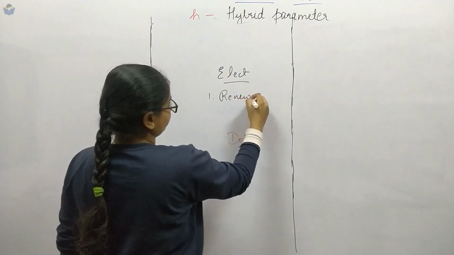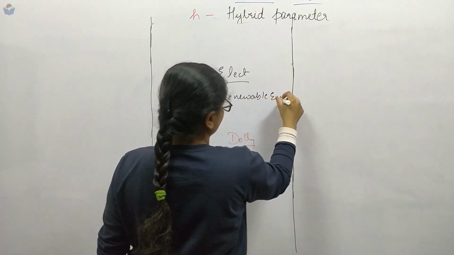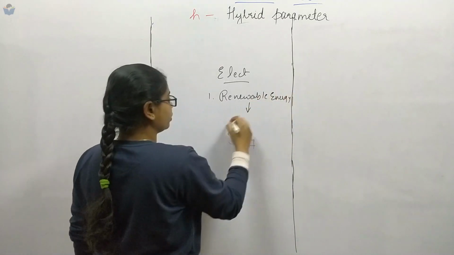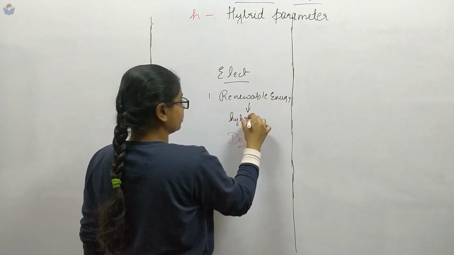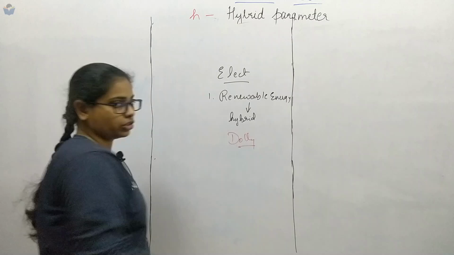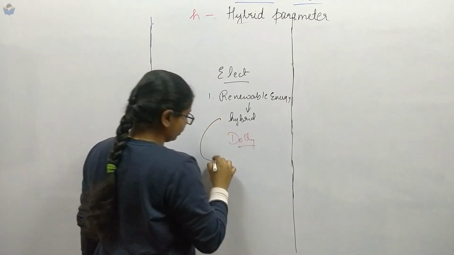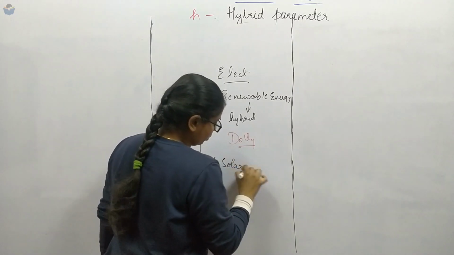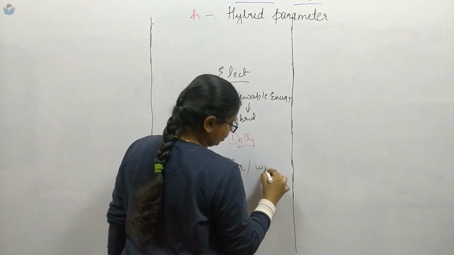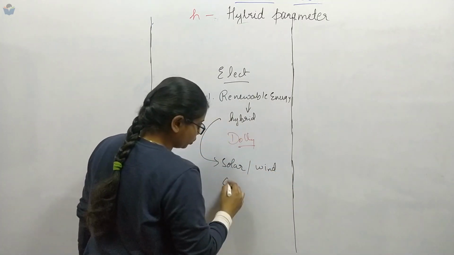If you have renewable energy sources, in this one also there will be hybrid. Nowadays the research is going on in which you can mix solar energy with wind energy, ocean with tidal,